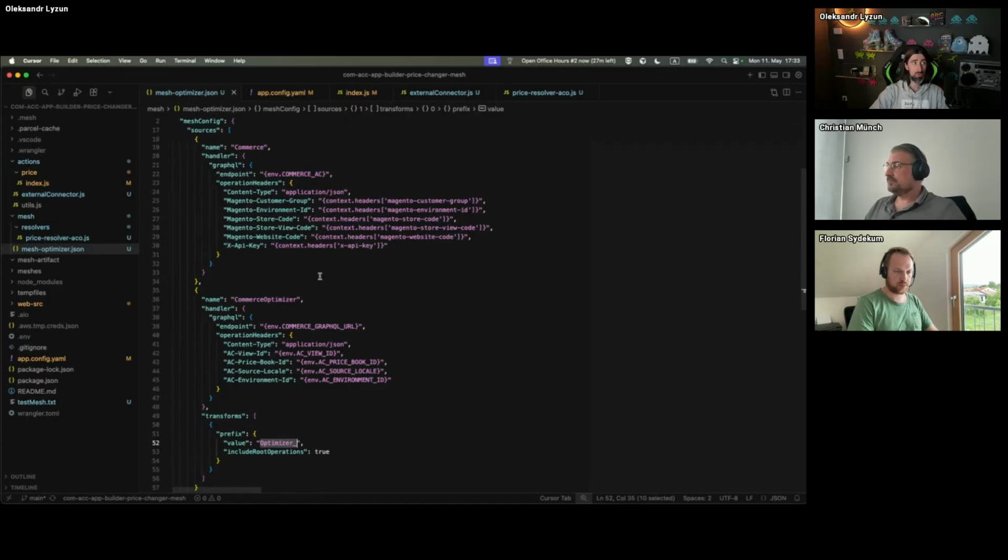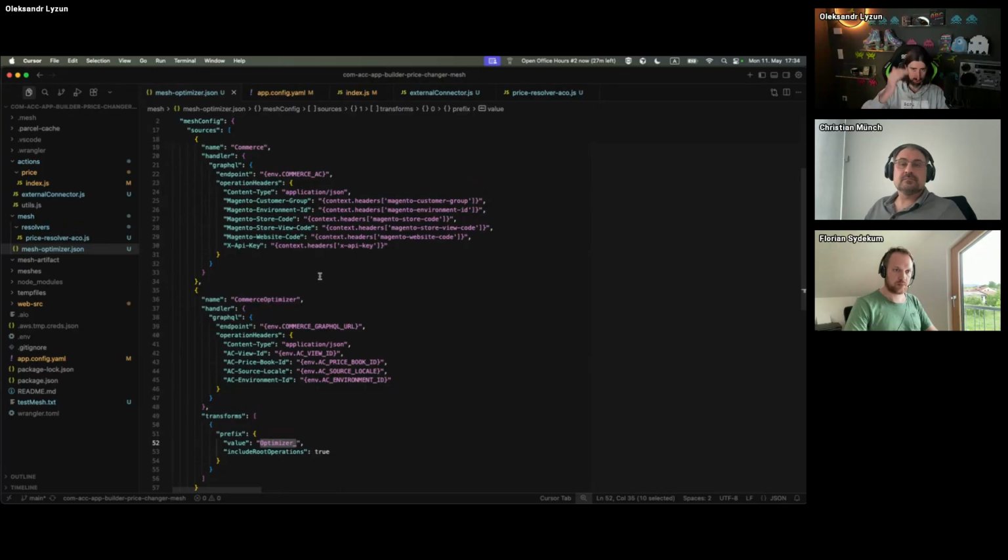Now we want to go ahead and get the prices from Adobe Commerce Optimizer and display them on the storefront. You can imagine that it doesn't matter which storefront we are talking about. It can be Edge Delivery Services, it can be your own storefront. In most cases, they will rely on the GraphQL layer. And the GraphQL layer they're built on, if you're using standard Adobe Commerce storefronts, usually relies on the standard Adobe Commerce GraphQL response.